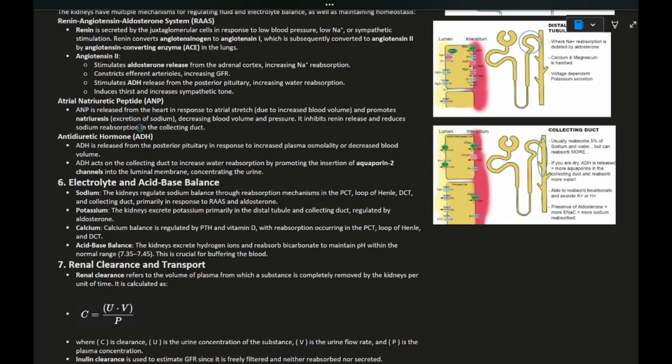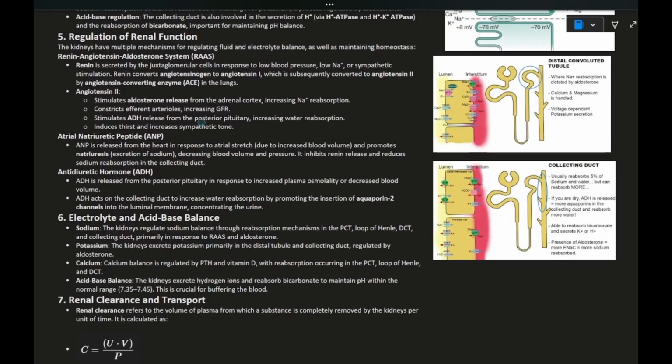So, in a nutshell, the atrial natriuretic peptide is released because the body basically says the blood pressure is too much. On the other hand, the renin-angiotensin-aldosterone system is triggered whenever the body thinks that blood pressure is too low. So always remember that these work